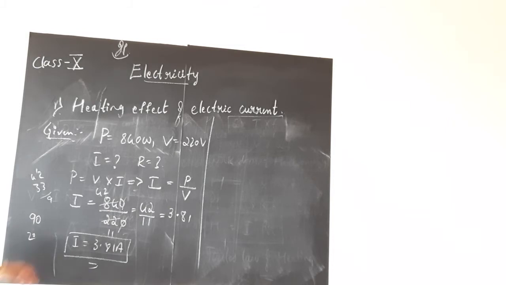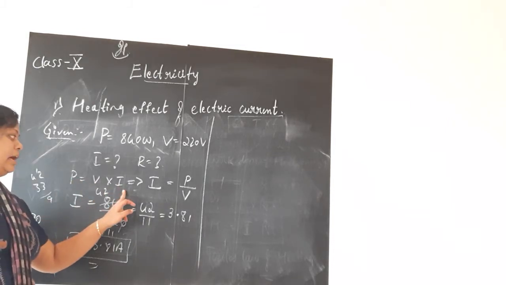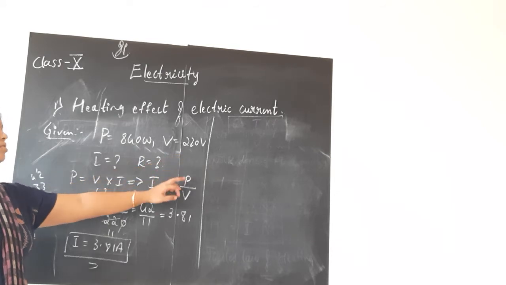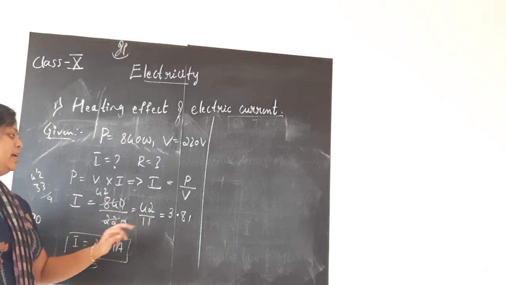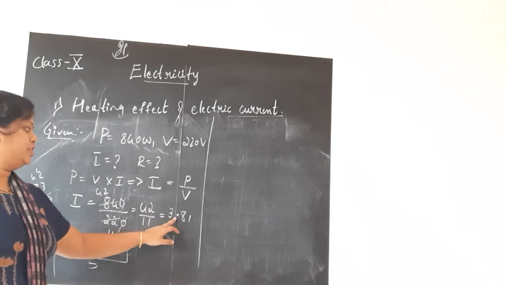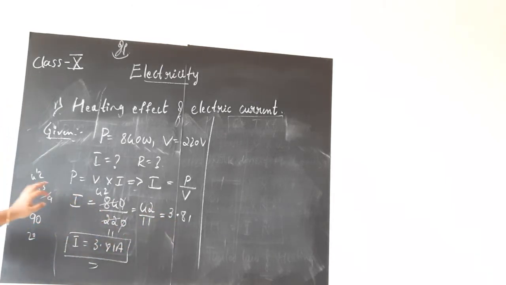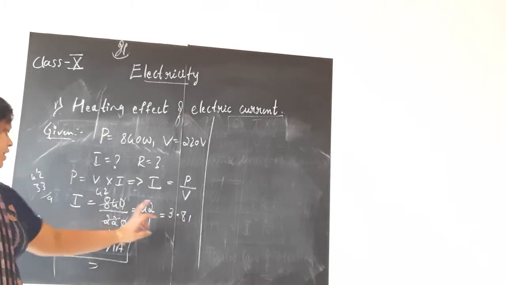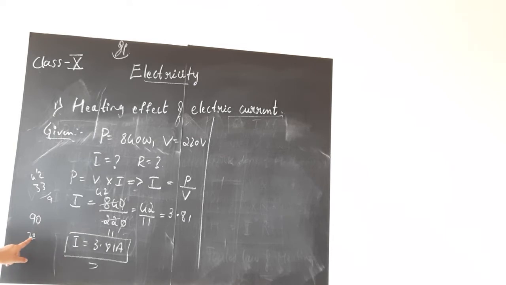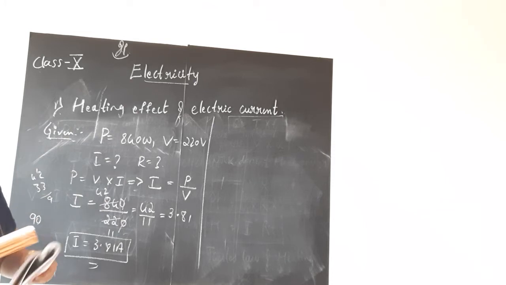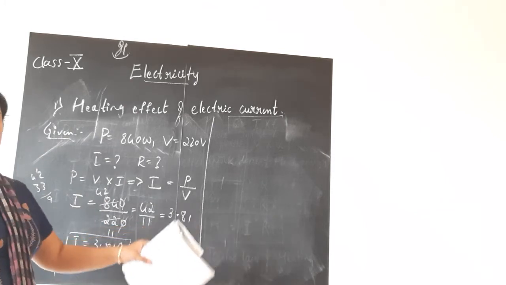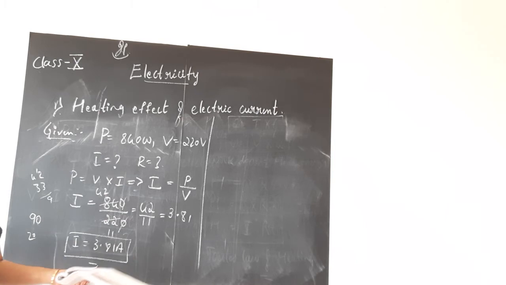How did we find it, children? We know the formula for power is V into I. Here power is given, voltage is also given, so I will be P divided by V. 840 by 220, 0, 0 will cancel. 42 by 11. 11 fours are 44, so we should go with 11 threes are 33. 42 minus 33 gives a difference of 9. 9 cannot be divided, so keep a decimal point and take 0. 11 eights are 88, so 2 is the remainder. 3.81 ampere. How much have they got? 3.82. Okay, maybe in the next decimal they have rounded it. No problem, you can stop at this point.